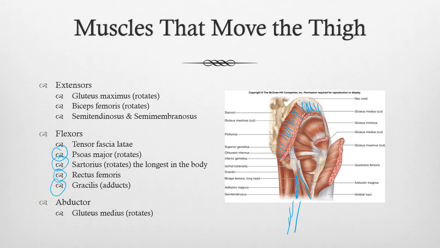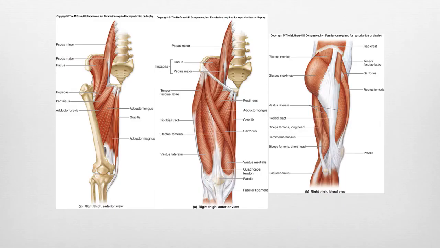It helps to keep our hip from kind of falling downward, and so it stops it from dropping down as we go on one foot. Here we can see our psoas major muscle coming down along the hip. It gets joined by iliacus as well, and both of them are deep hip flexors, along with rectus